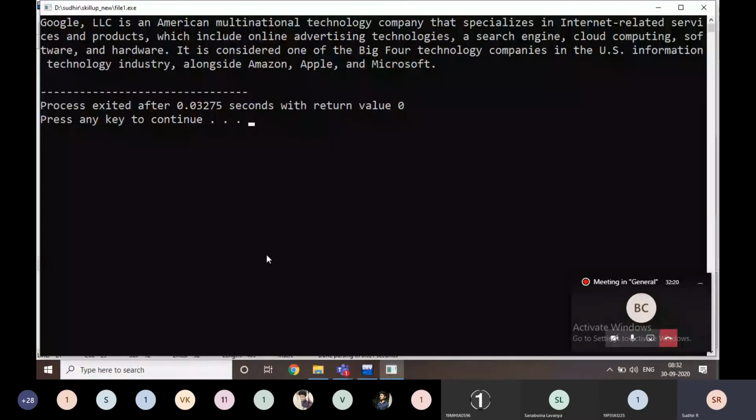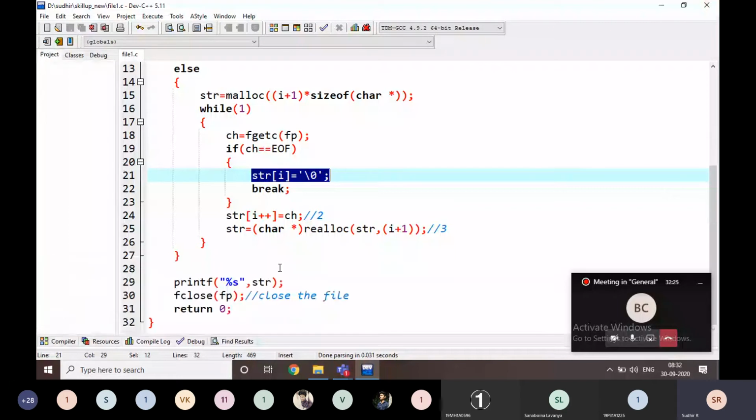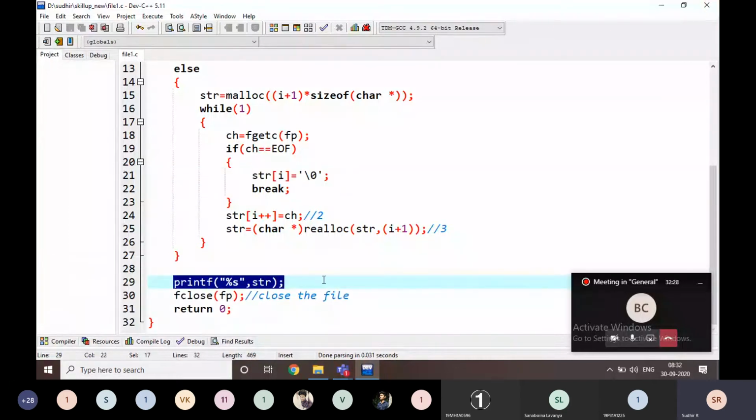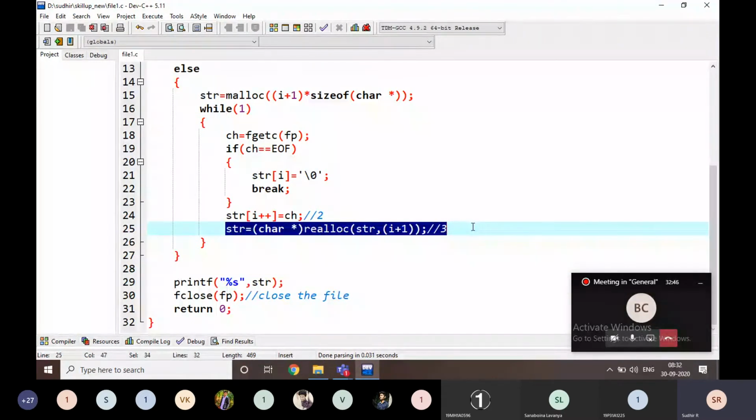For this one, if I execute it, it is going to be in a single variable. I am going to maintain it in the total string. The total string, what is in the file, I am going to copy. I am going to copy all the data into the str here. Yes, is it clear? I think everyone understands what I am doing here. I am going to add one more character every time to the string. That's it, nothing else.